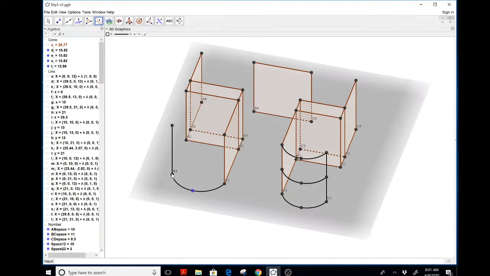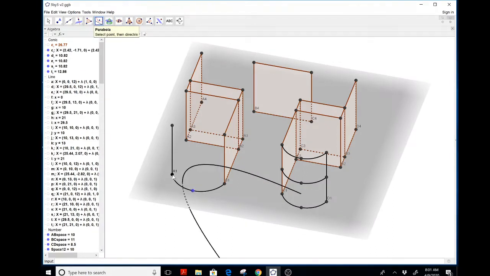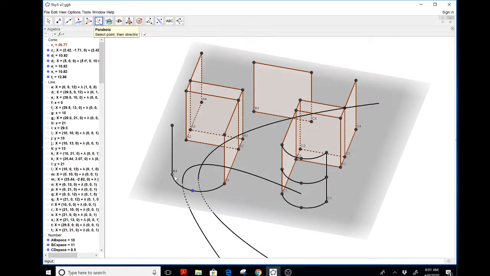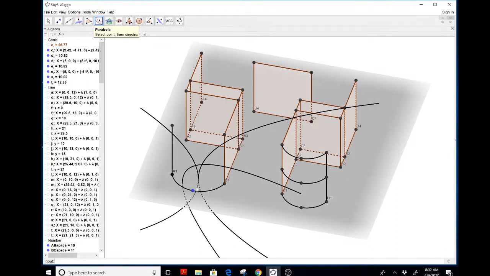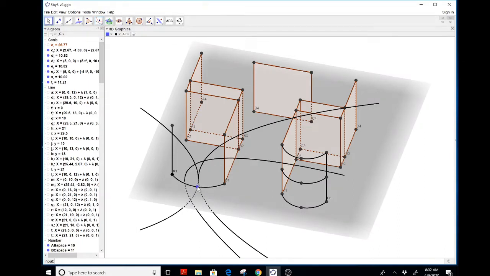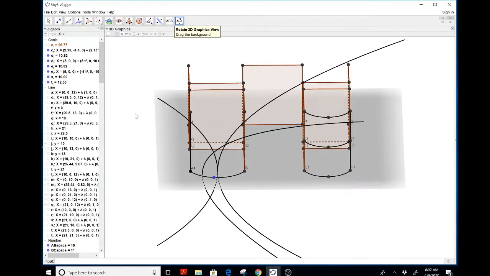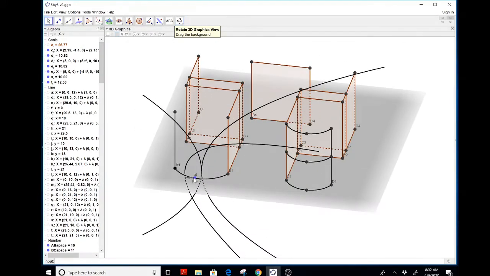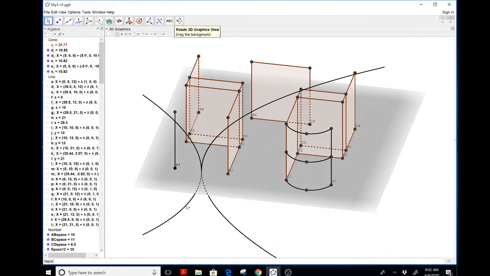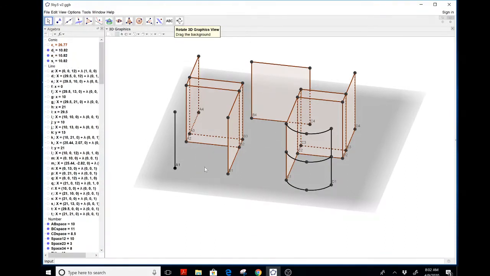Right in here. So parabola says, give me the point and then the directrix. Select a point and then the directrix. So lots of different powerful tools, but none of them are really useful for us. They're pretty cool, but I don't want to do that. That's a Zaha thing here. So I'm just going to get rid of the parent and all the, oops, I don't know what happened there. Okay, so then